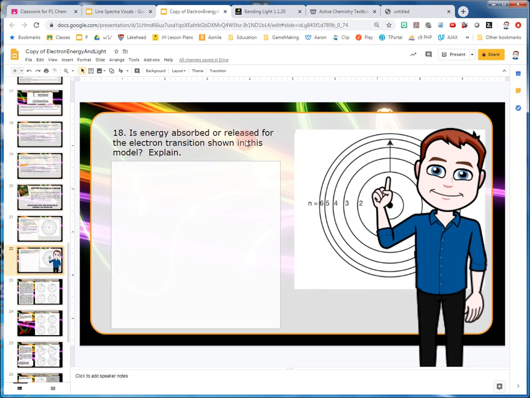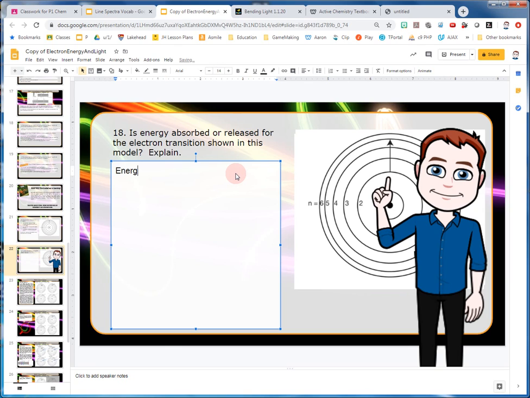So is energy absorbed or released? Ugh, I have to explain this? All right. Energy is absorbed. Energy is absorbed because